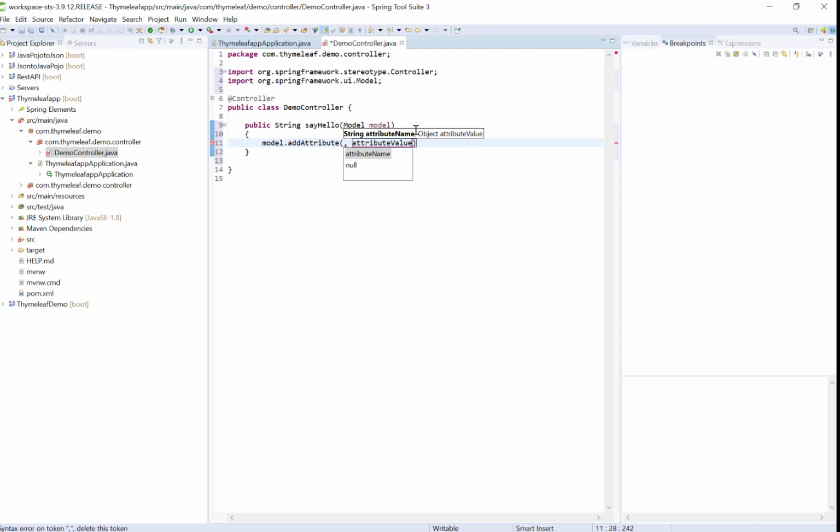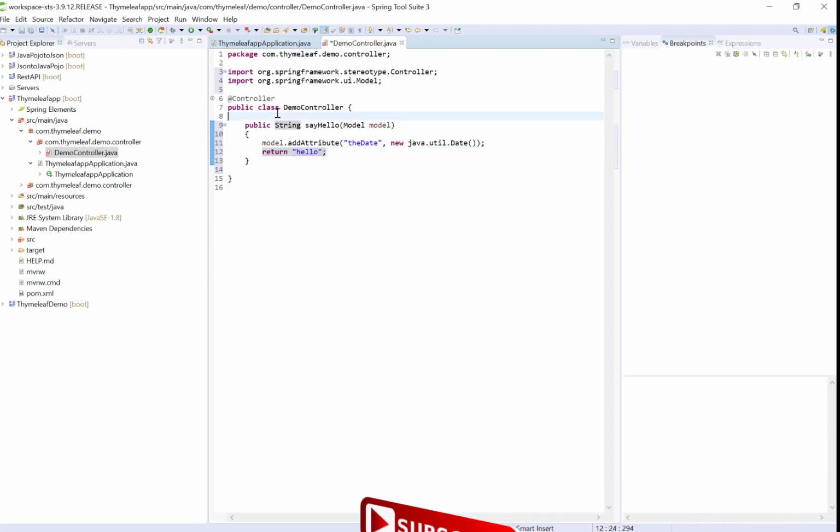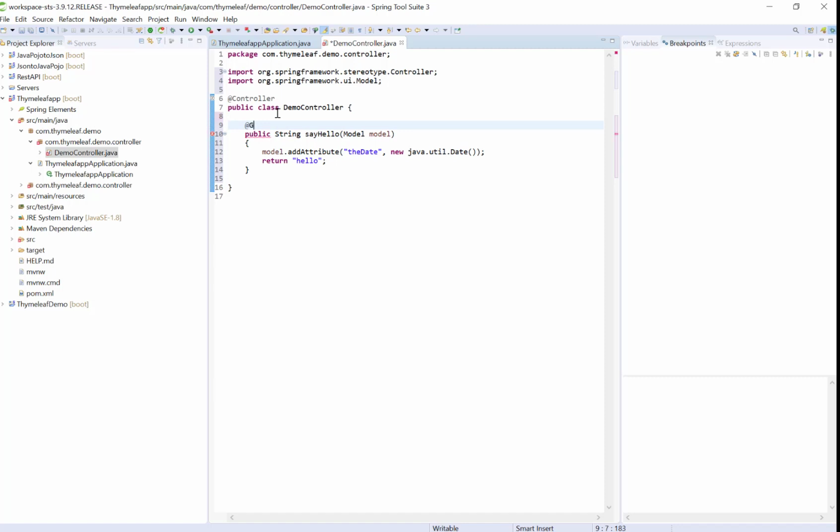Here I need to add the attribute. To print the date, I need to create the object of the date. This is our HTML file name. Now I need to give one mapping here, @GetMapping. I gave the mapping as /test.